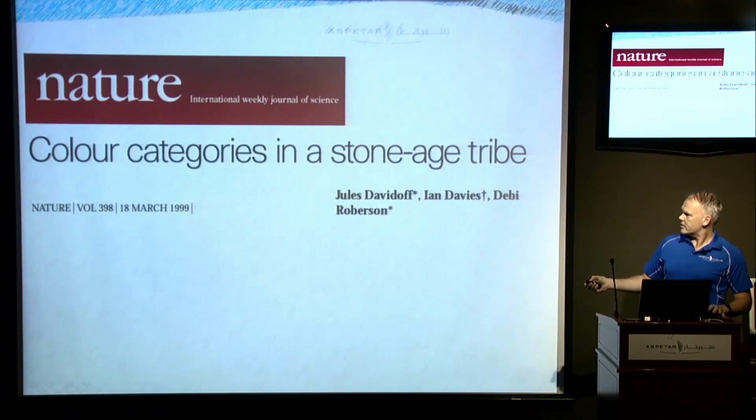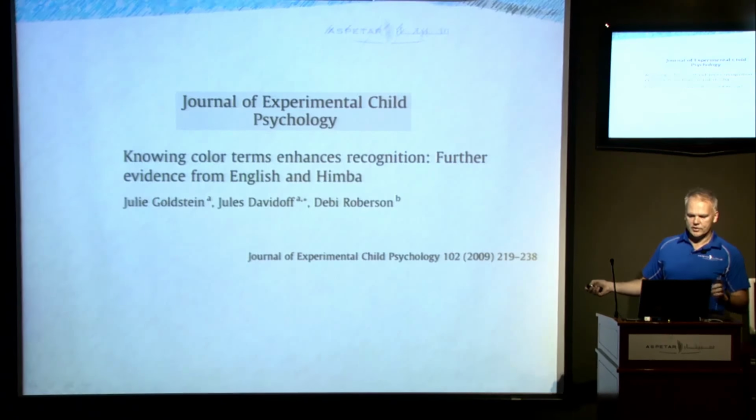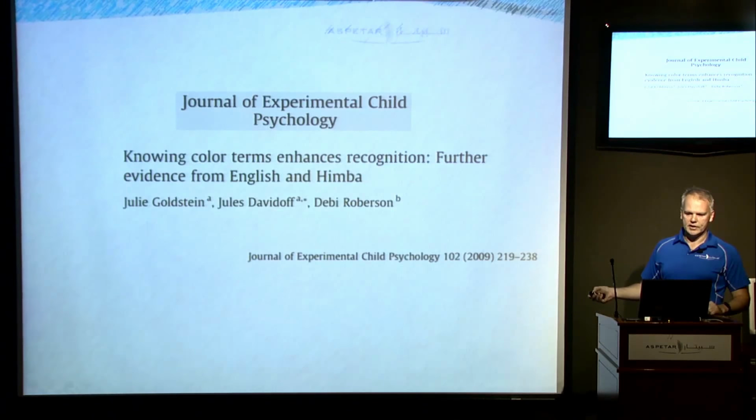I'll talk about this paper even though it's not in as good a journal, it's the same researchers, but I'll talk about this one because I've got some nice video clips of this. Looked at the Himba. It's a tribe in northern Namibia who have only 5 colours, 5 words, I should say, to describe colours, whereas typically in the Western world we have about 11. So the experimenter here is showing them a bunch of colours. One of the colours is different, and these people are just asked to point out which is the different one.